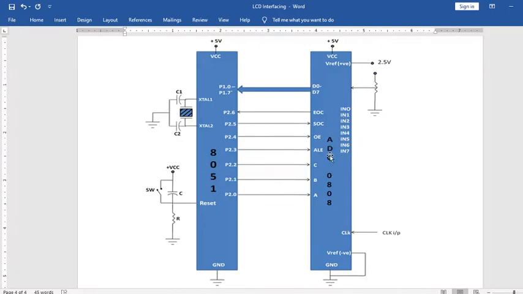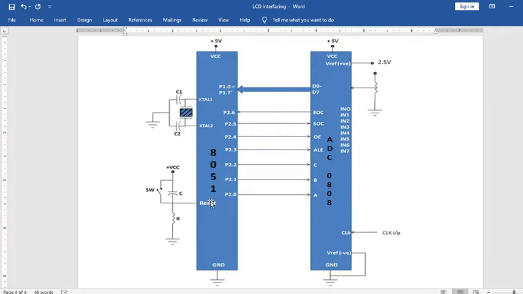When the conversion is completed, the end of conversion signal will be sent by the ADC to the 8051 to tell it that the analog input of the channel you selected is now converted into digital form. That signal will be provided on the P2.6 pin.